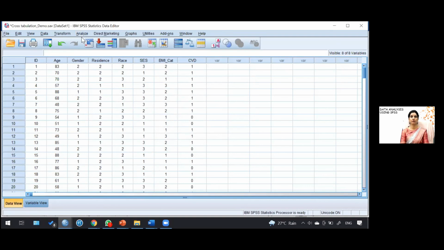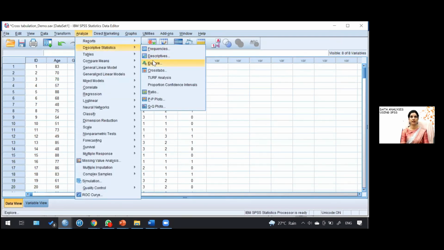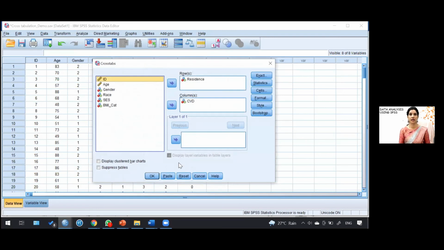So today I have to do the cross tab. You go to Descriptive and you can see the 4th option, that is the Crosstabs. Click on this. I will reset this because I was giving some command. Now you can see there is a row and there is a column. There are 2 things to remember at this point.